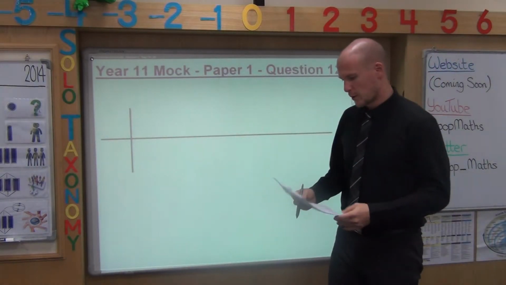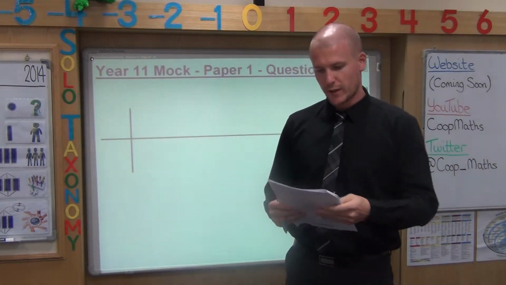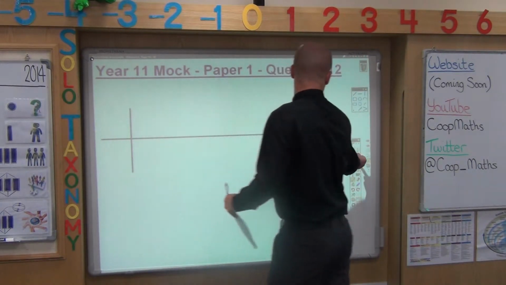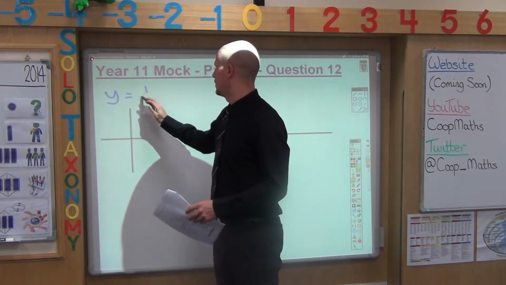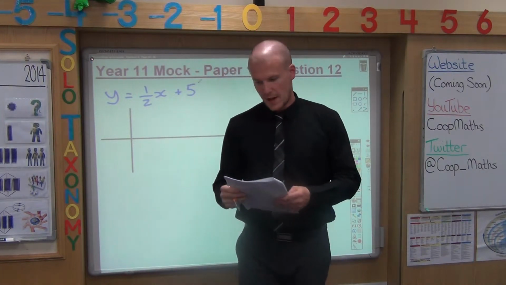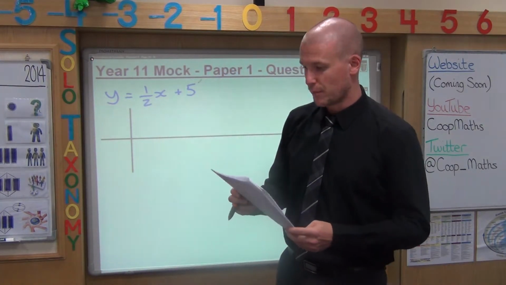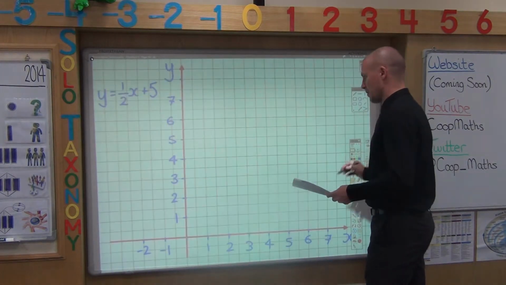Okay, paper 1 question 12. On the grid, draw the graph y equals half x plus 5, for values of x from -2 to 4. So in terms of the picture you have there,